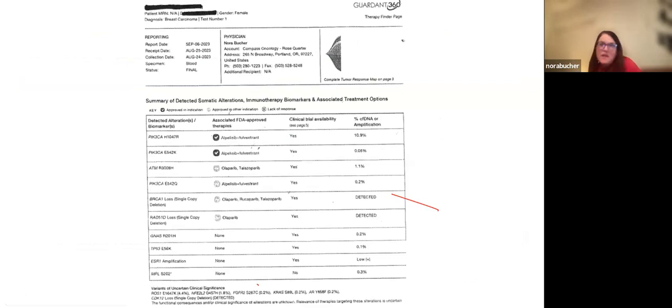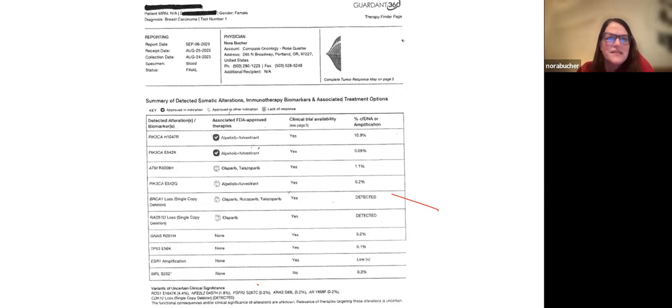So this is just a sample report. This was from Guardant. And I don't know if any of you have seen one of these reports before, but I just use this as an example because it's a very busy tumor that this patient had. But you can see all the PIK3CA mutations, I know it's a little bit hard to read, but then the report gives you these associated therapies that we can use. And then you can see also this patient had